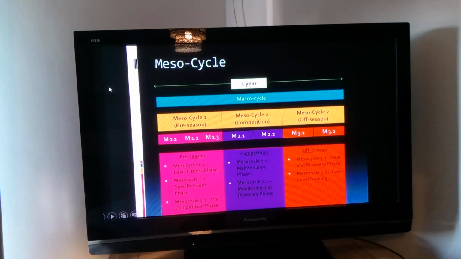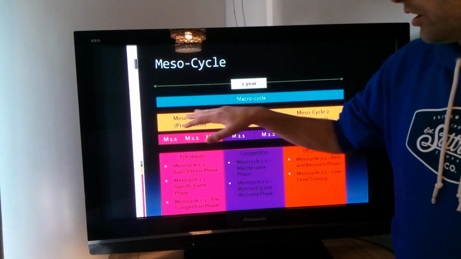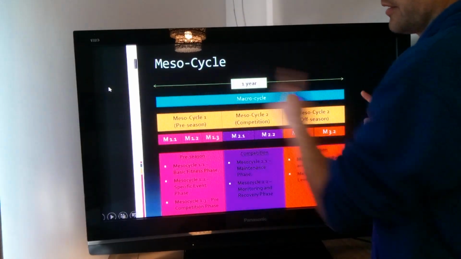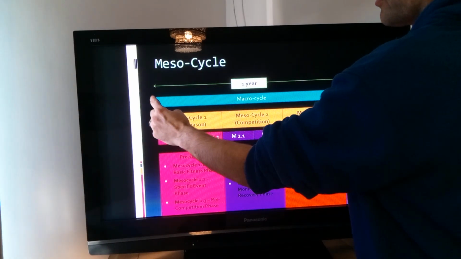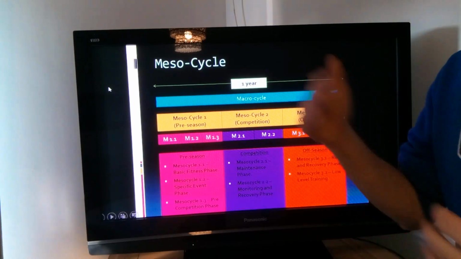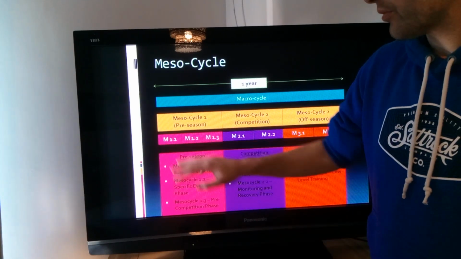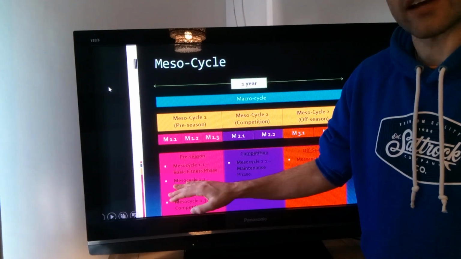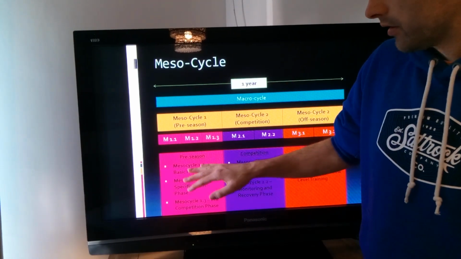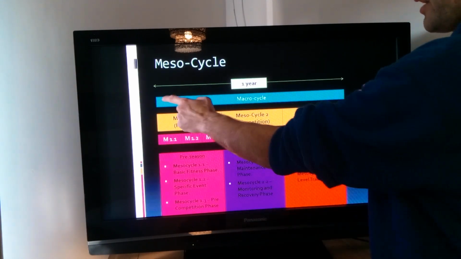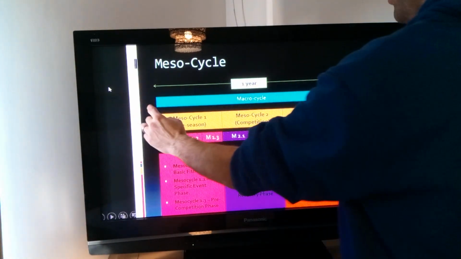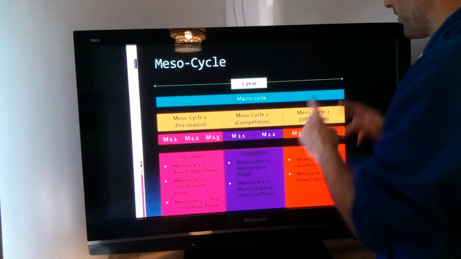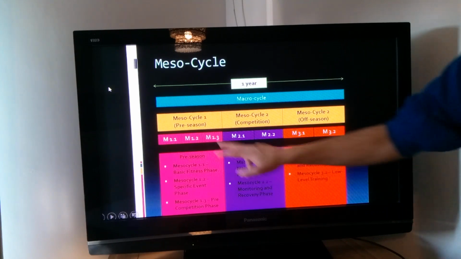Why do we do that? Okay, so what's the reasoning of splitting this cycle? A year is a long way to look ahead. Okay, so going from there to winning the league takes an awful lot of planning. If we split it into little sections, then what we can do is complete that section, tick it off, move on to the next one. So we build our blocks. Okay, so remember these are all building blocks. If we just had the one big goal, we'd get bored, we'd get tired, we wouldn't know if we were achieving our goals as we went along, we'd probably give up, which means we wouldn't win the league. Okay, so you've got to do it in stages.